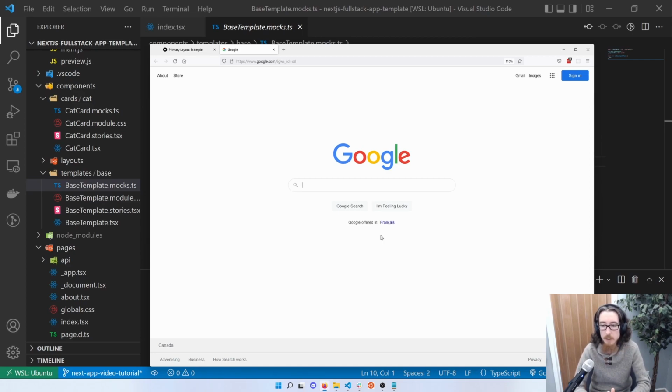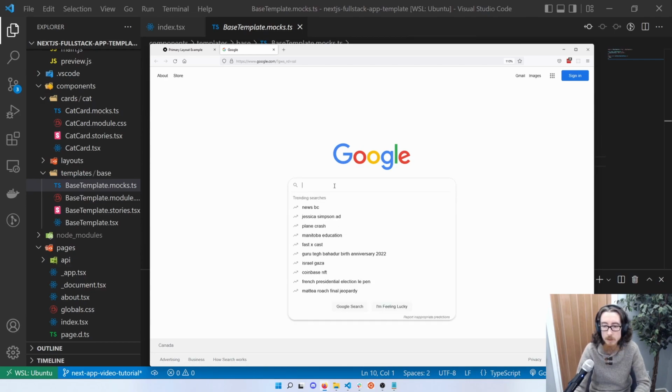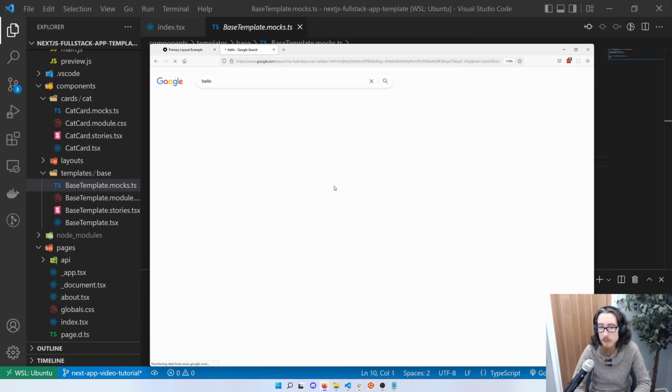So I'm likely going to have a component that represents the layout of this page, which will place the header at the top, place the footer at the bottom. Maybe that'll have the logo in it. Then my input search component, and finally this little English and French toggle at the bottom of the page. Once I search, the other piece that I'm going to want,